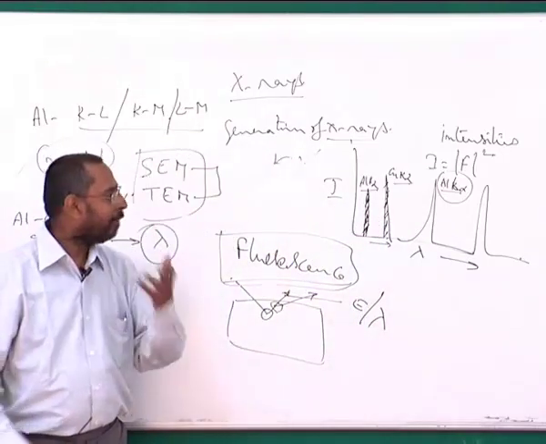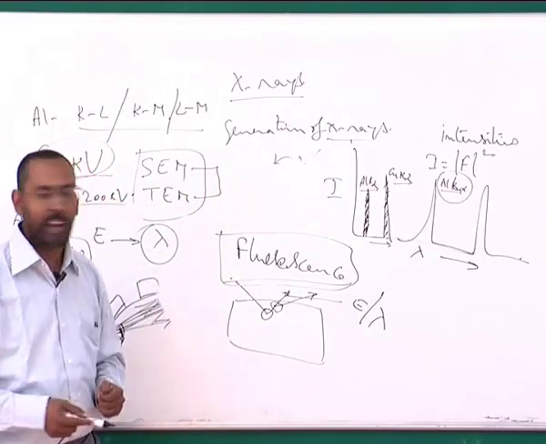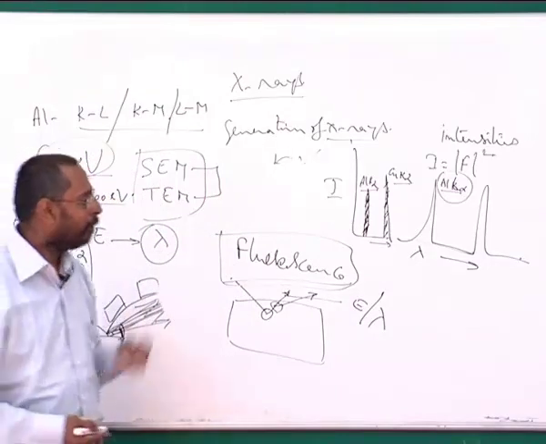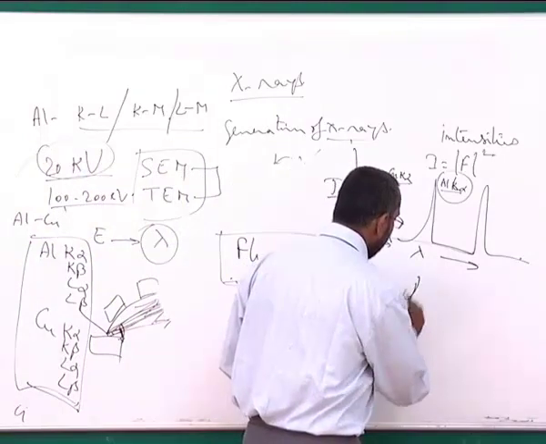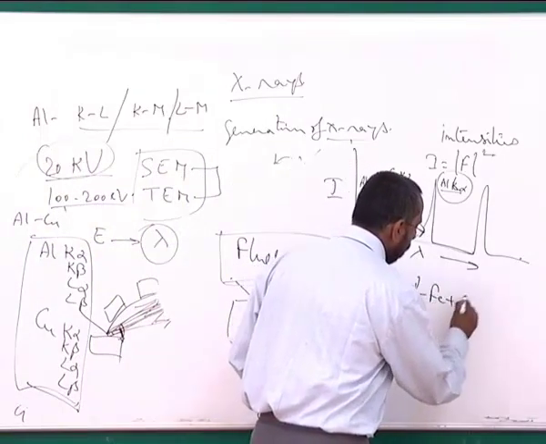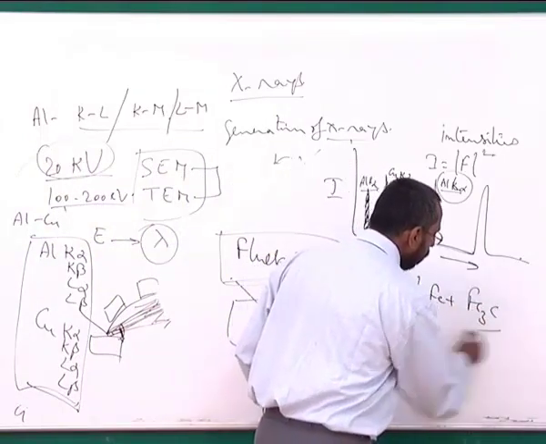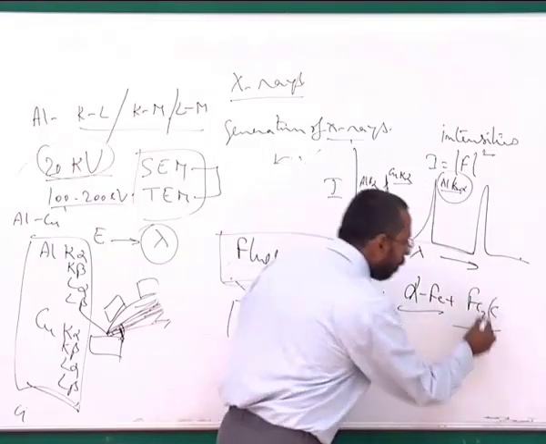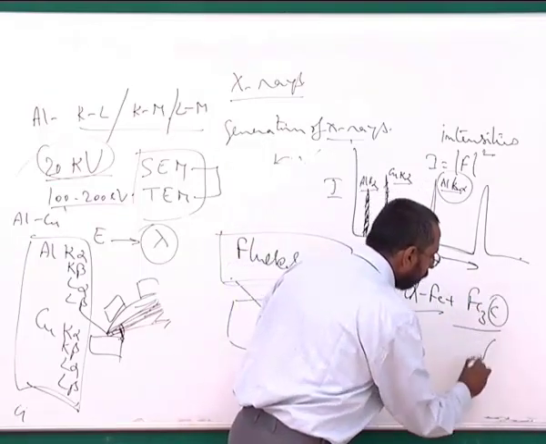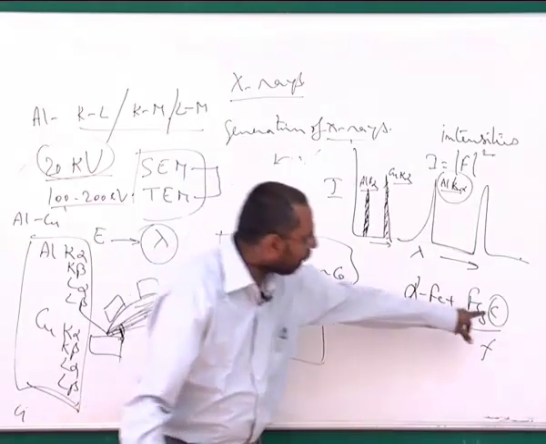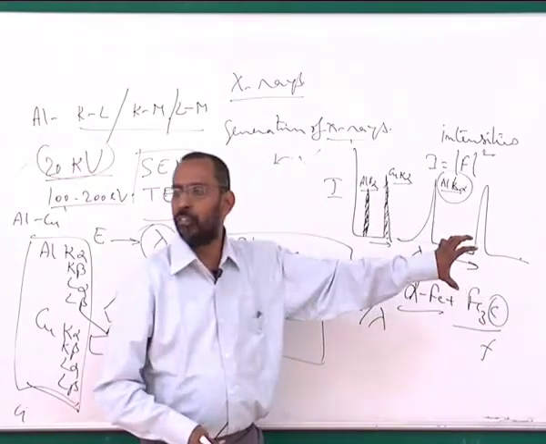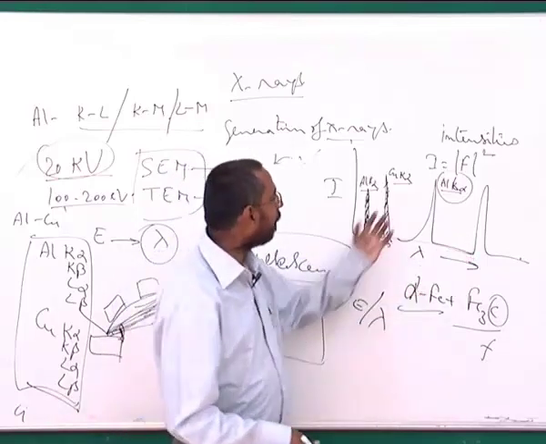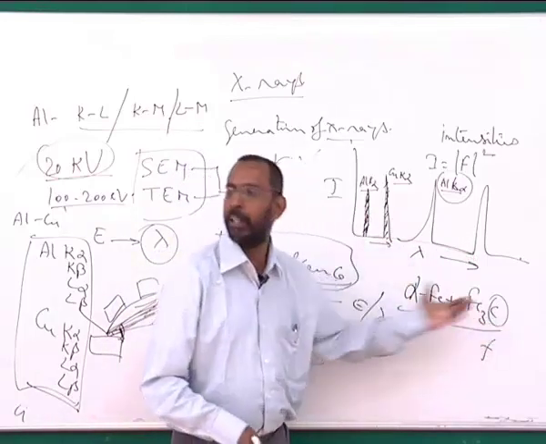In fact, I was mentioning when I was talking about X-ray diffraction, this problem we also have when we have, let's say, an alloy containing a phase such as alpha iron plus Fe3C. We say we have a problem of what is called atomic scattering factor. The atomic scattering factor being very small, though you have a certain amount of this phase, that intensity is not reflected by the amount of the phase.